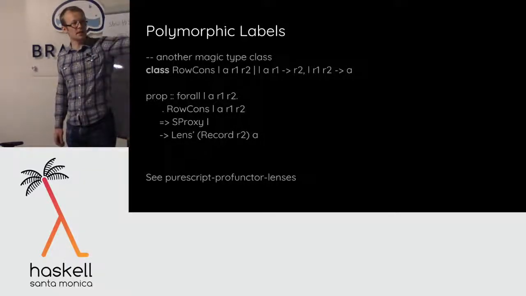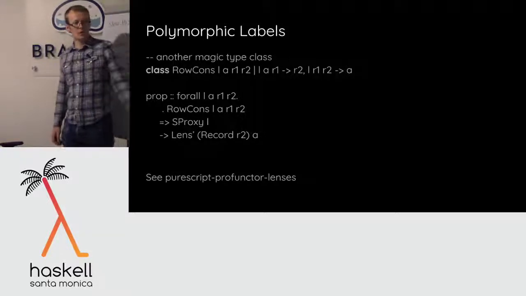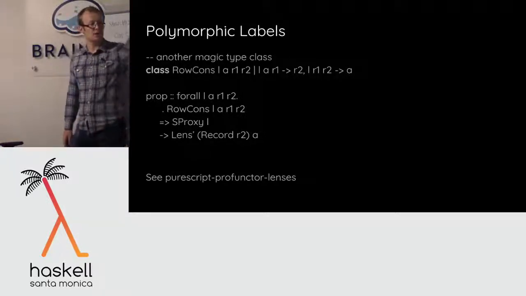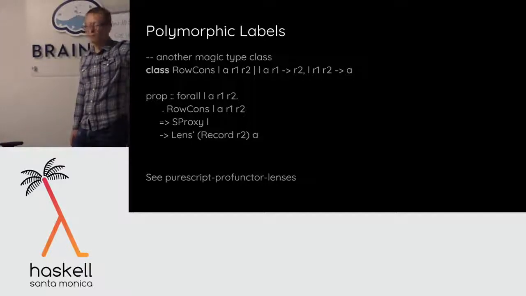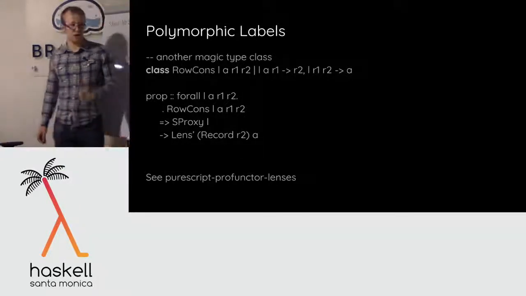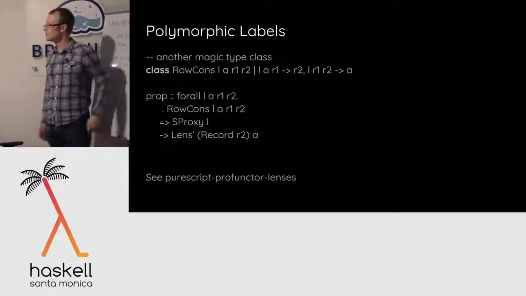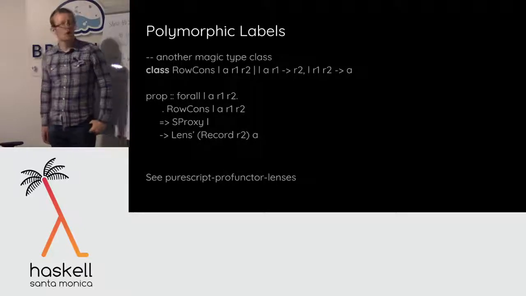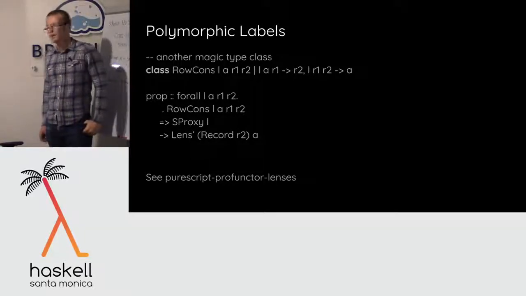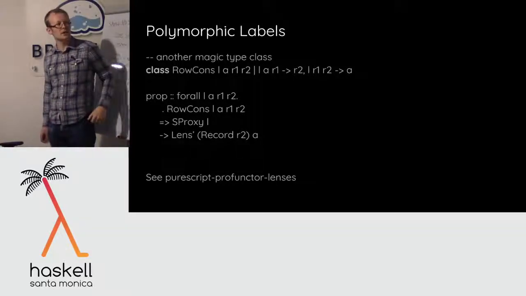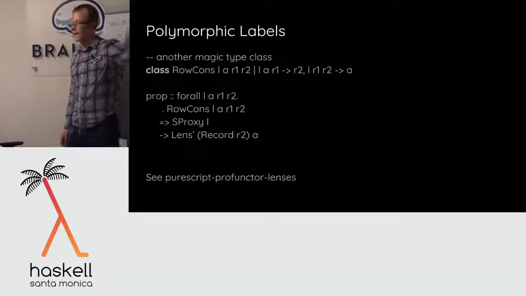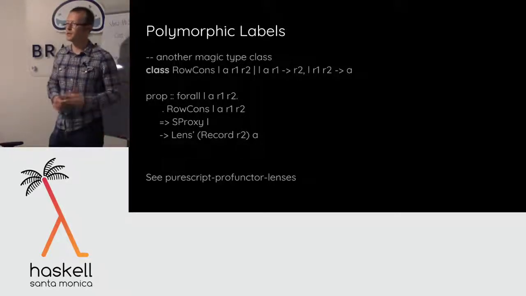So that means I can write polymorphic lenses, for example, for records, right? If you give me a value level proxy for a type level string, then I can give you a lens that lenses into that property inside your generic record. And does everyone know what association list is? Oh, that's what you're talking about. Well, I suppose I should just say this class adds on a new label and type to a type level row.